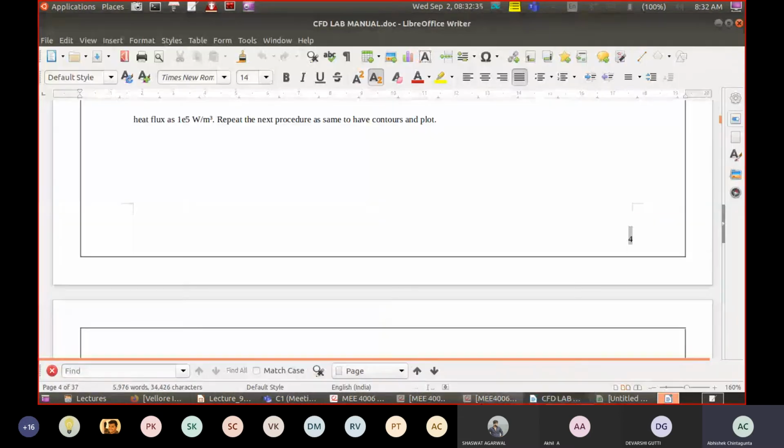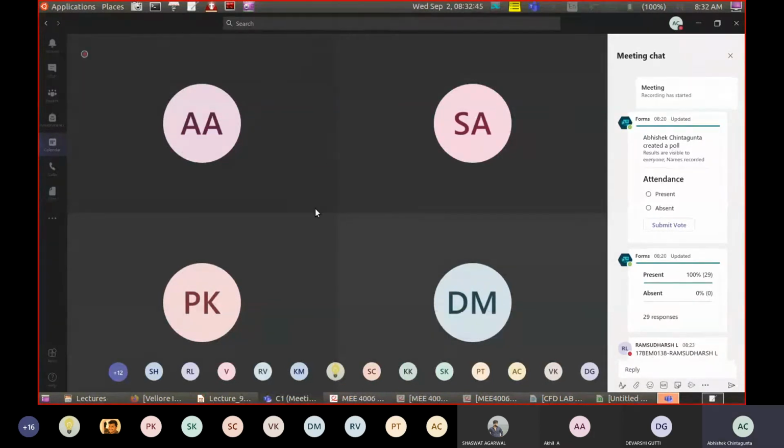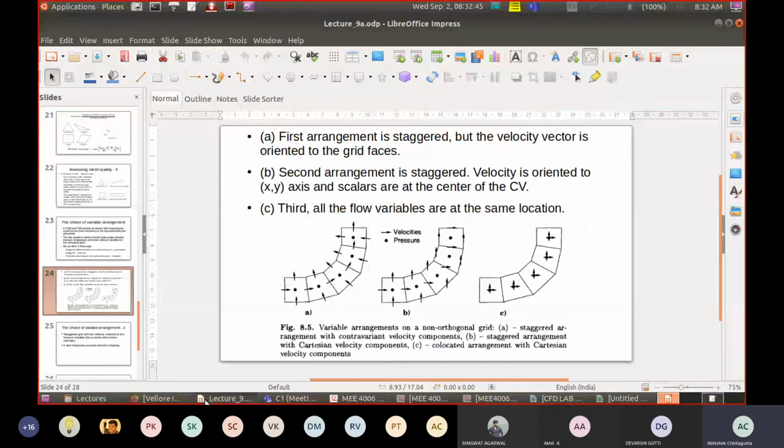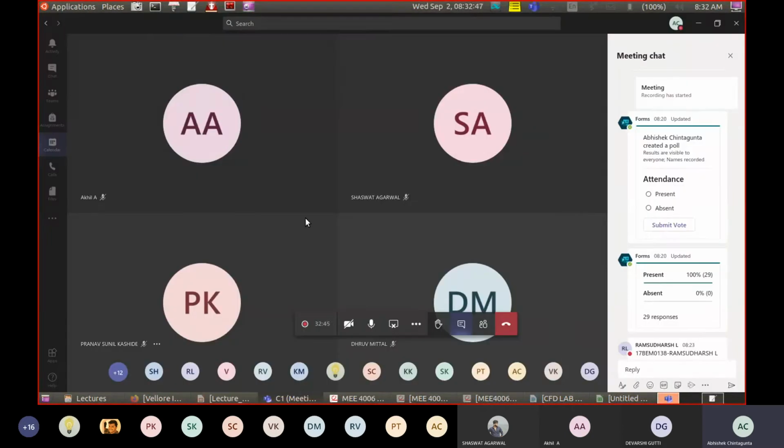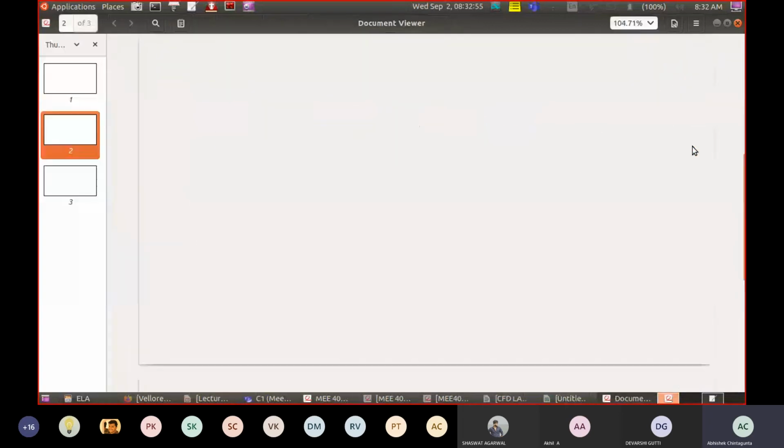I think I've mentioned all these instructions. I hope I gave you all these instructions. Whenever I give you instructions like this, make sure that you follow them. Plagiarism will be taken seriously. Please don't copy and paste.